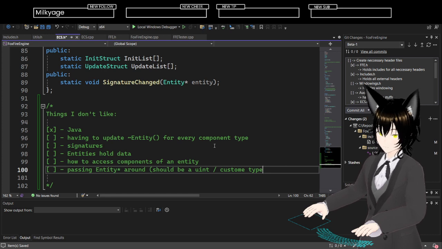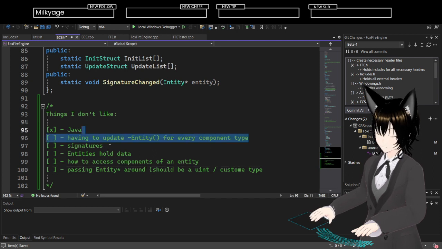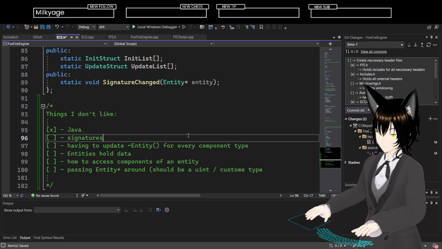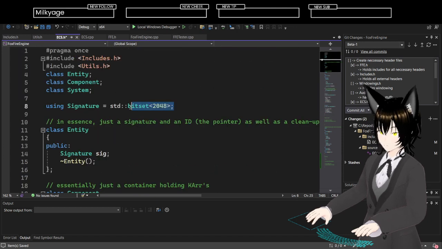So this will have to be a little bit later, so let's drop this down. So why don't I like signatures? Signatures currently are just a typedef bitset.